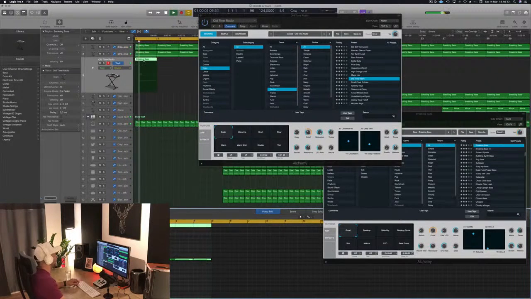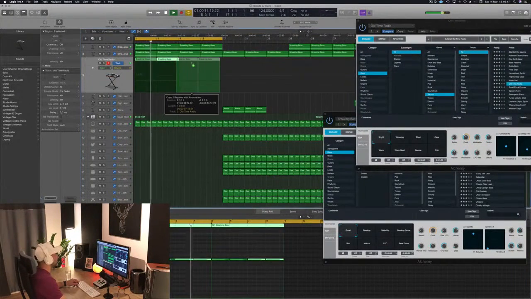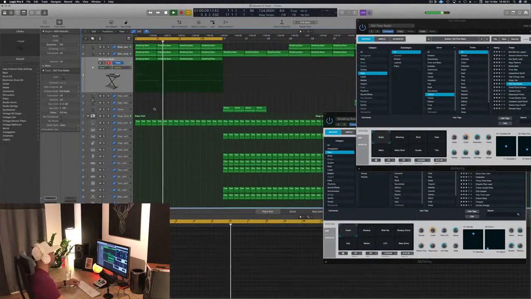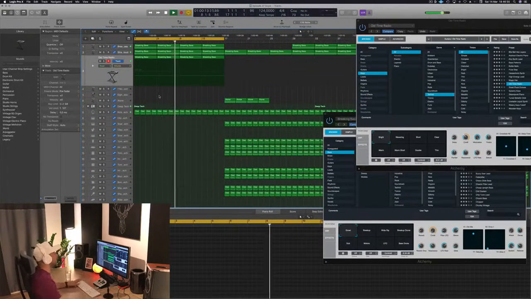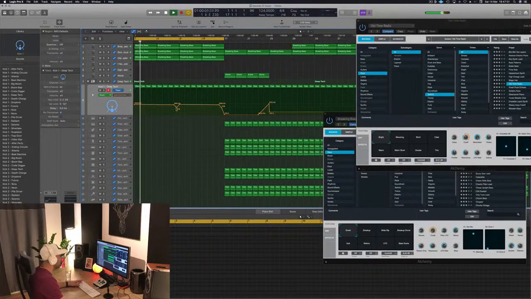I mean, you have some listeners, you have some people in the club, you need to bring them something that's going to be intricate, that's going to make them excited about the track when it starts. Let's say you start from just nothing and you just put on a track like that, you need to bring something in. And obviously there's some automation on the kick filter here.